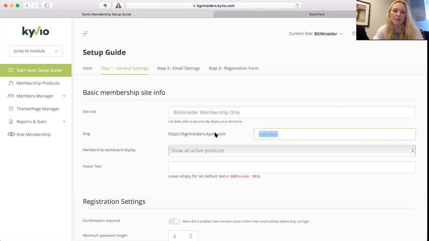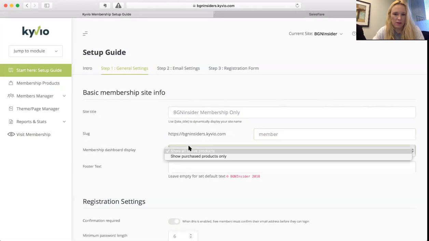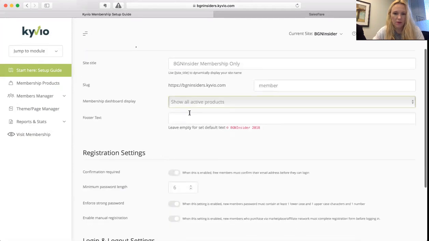This is going to be specifically if you're building your entire site on Kyvio.com where they're hosting everything. So at this point, they're hosting your membership, even if you choose your own domain, but at this point, they're hosting everything. So I actually have no products, but we're going to show all active products. Footer text,